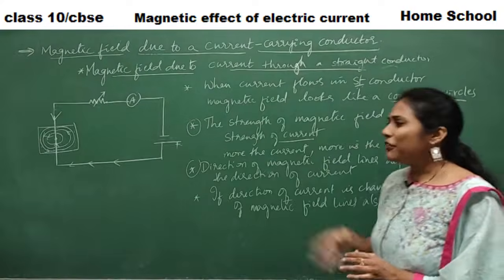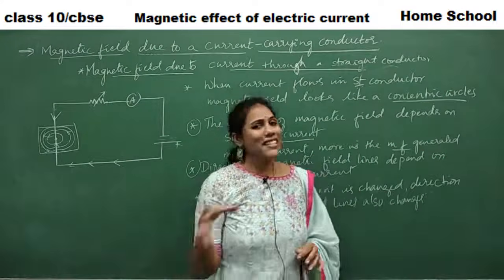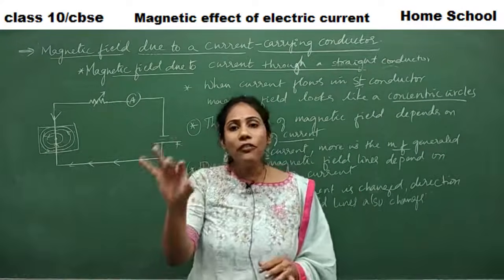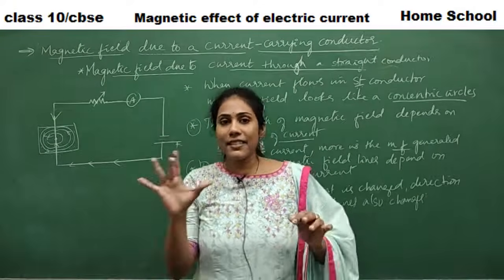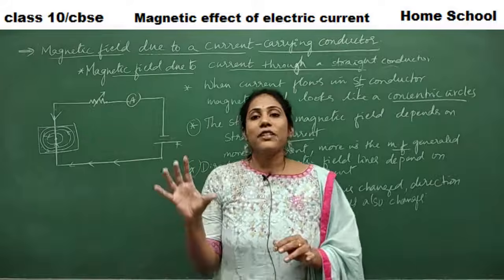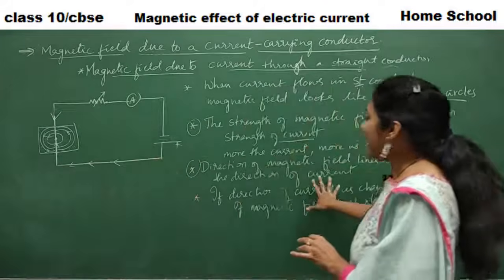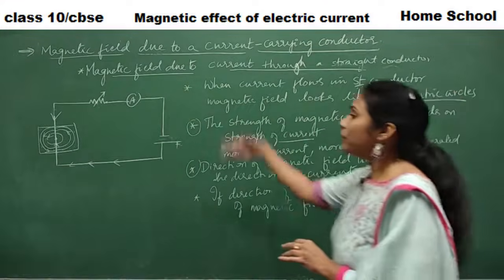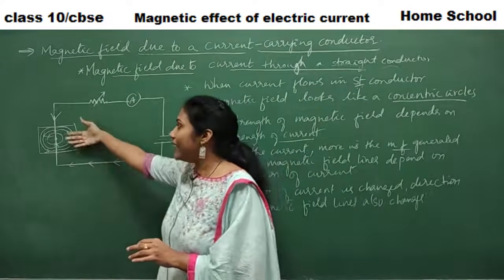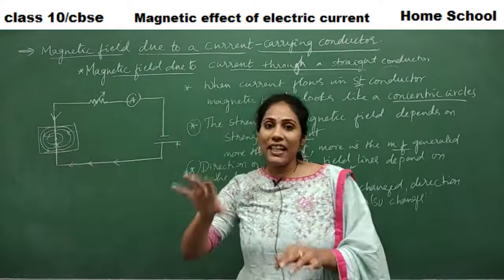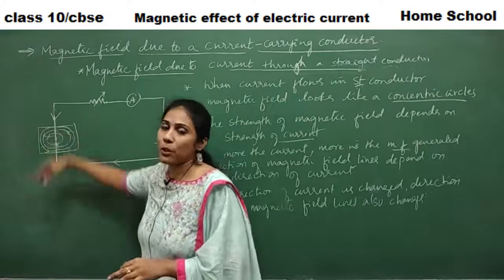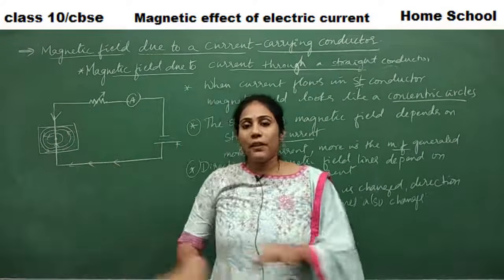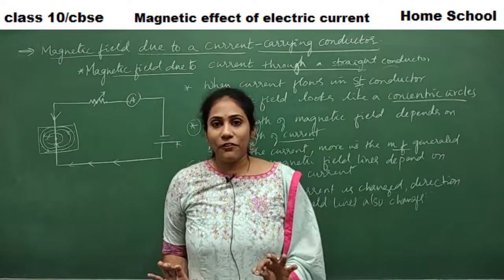So how do we find out the direction of field lines? I told you it is with the help of Maxwell's right hand thumb rule. Now let us study detailed aspects of Maxwell's right hand thumb rule regarding finding out the direction of field lines when current direction is changed from top to bottom or bottom to top, on all conditions. We will discuss now.